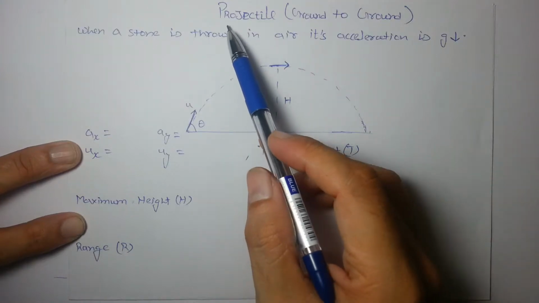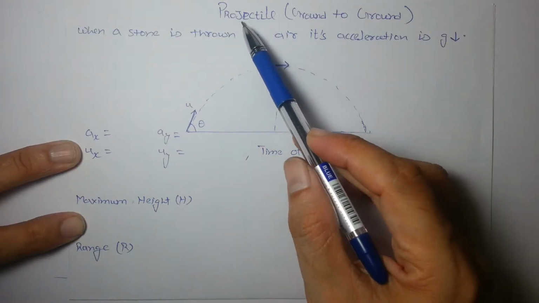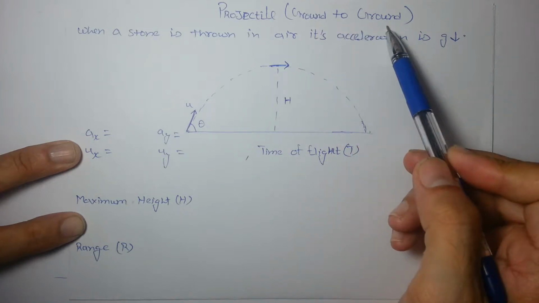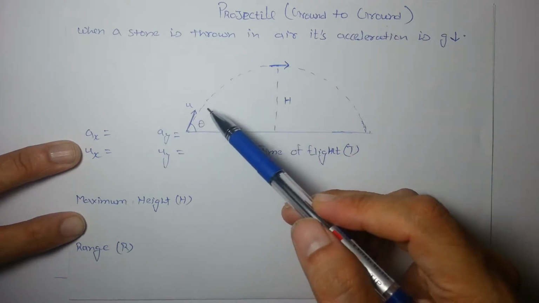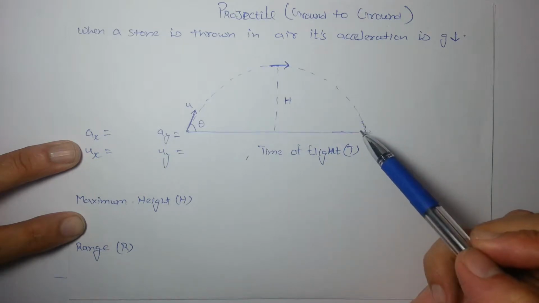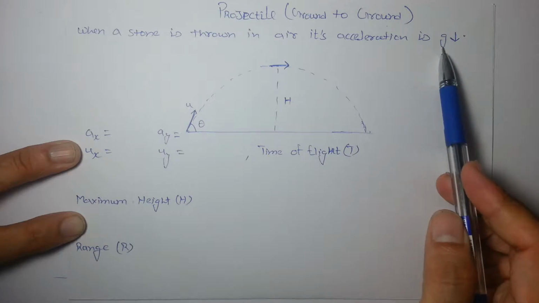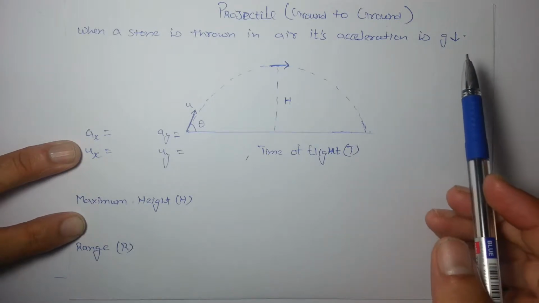Hi guys, in this video we'll understand what a projectile is, and we'll especially talk about ground to ground projectile. The stone is thrown from the ground and it reaches the ground. When a stone is thrown in air, its acceleration is g downwards,